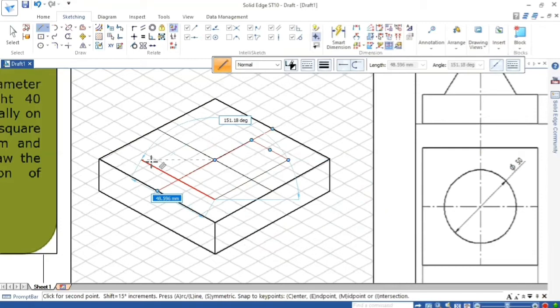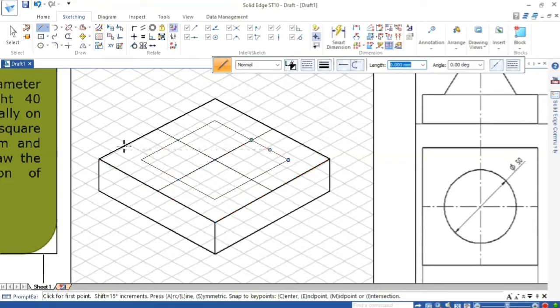Similarly, this side 50. Again from here, draw parallel to this 50 and join. From the center, 25 on each side, parallel to the ISO axis lines, make a square.